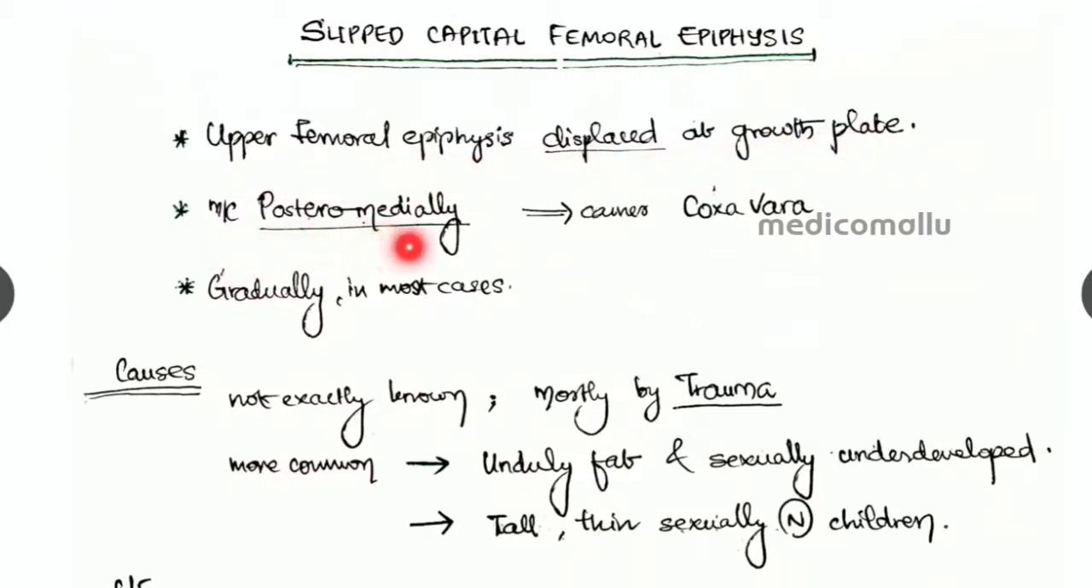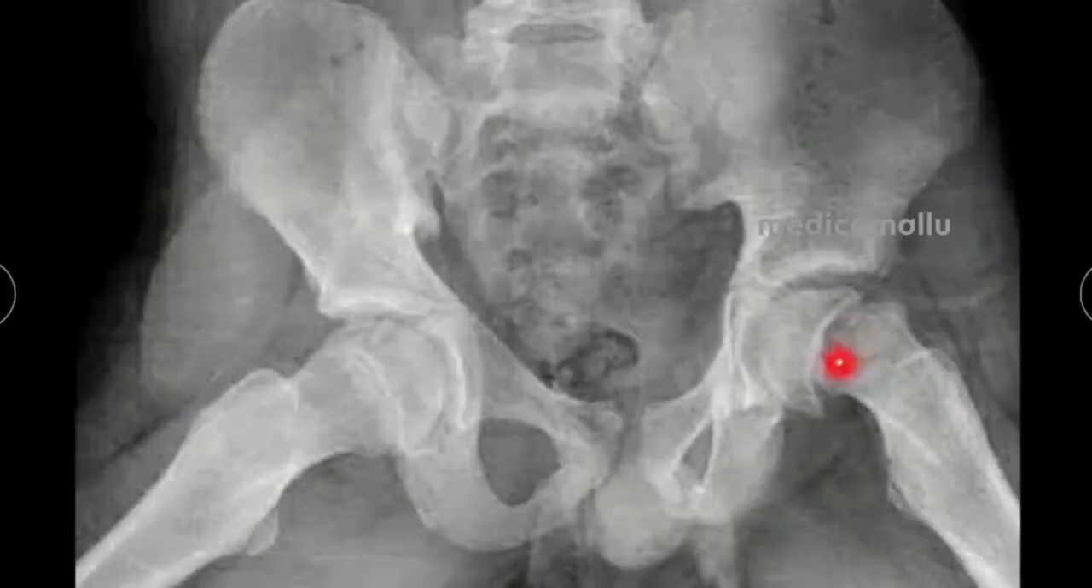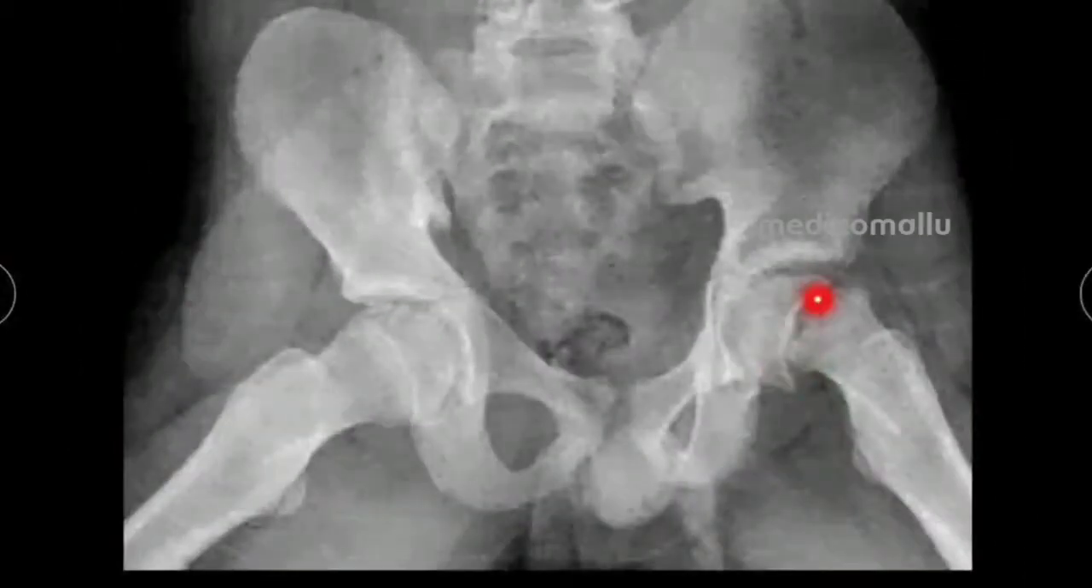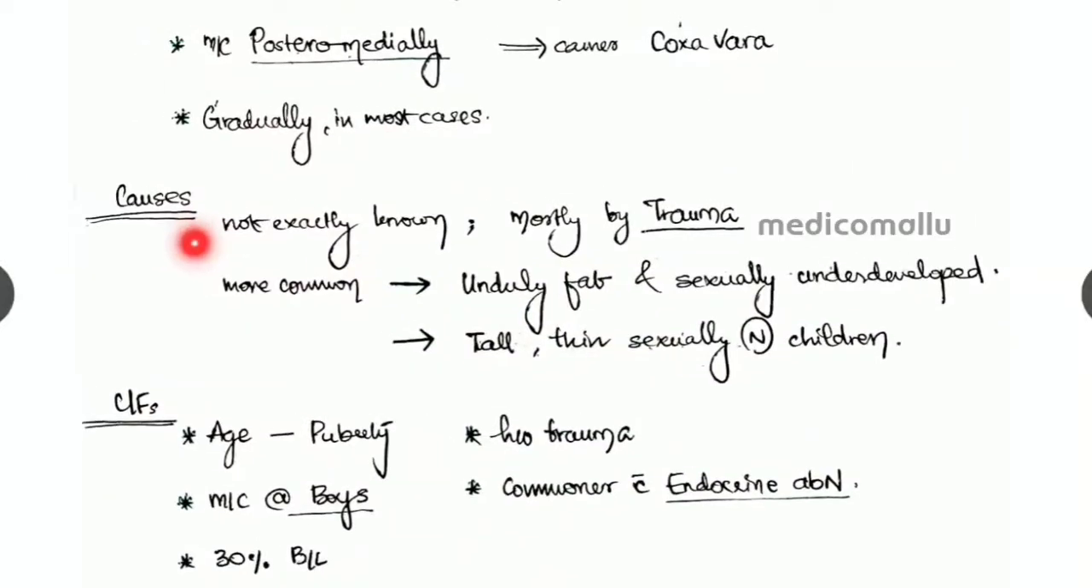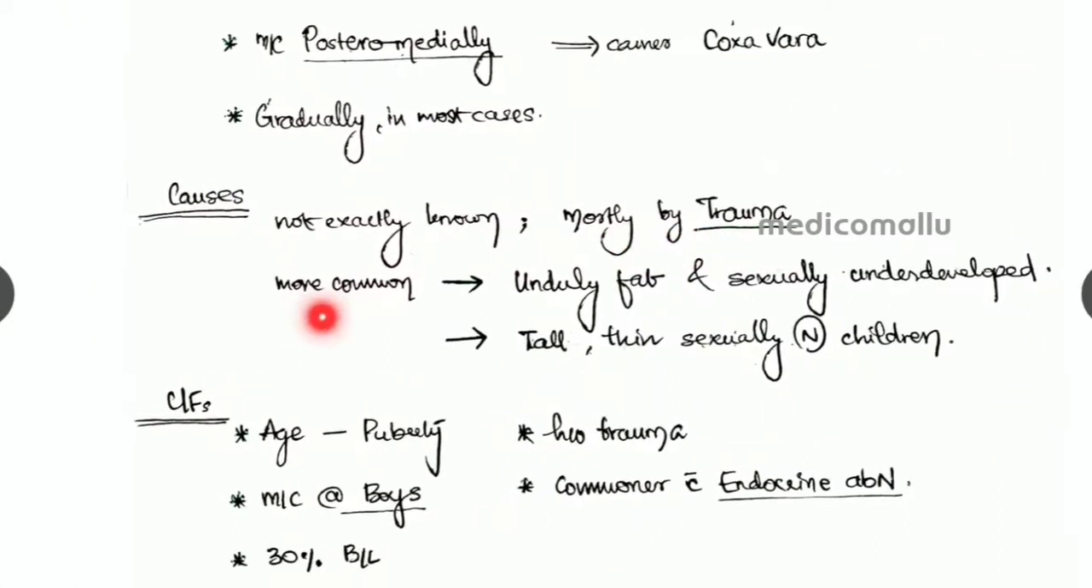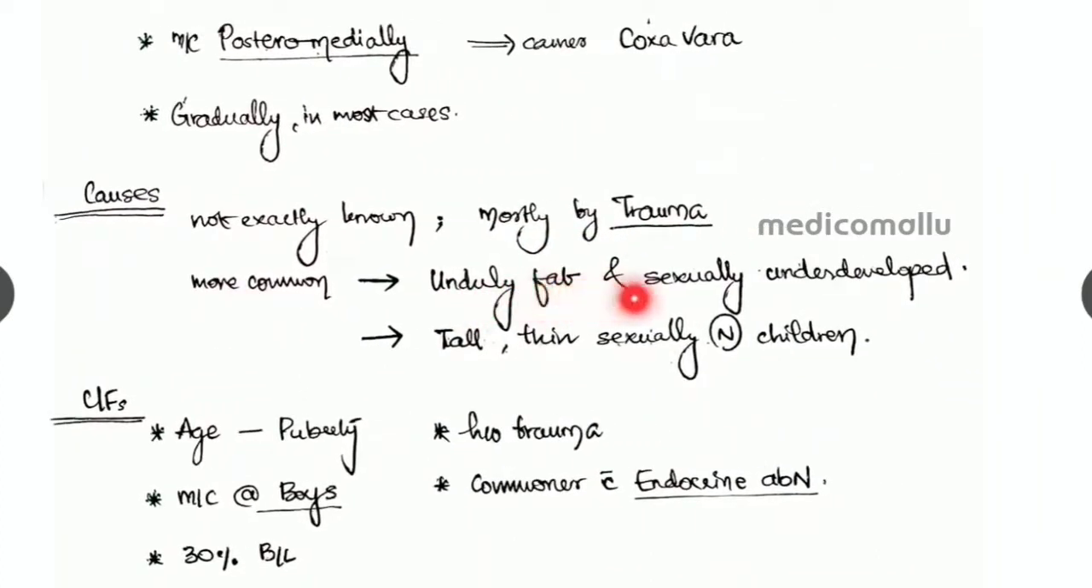Most commonly it is displaced posteriorly and medially, and that causes the coxa vara, and it is gradually seen in most of the cases. See, this is the epiphysis of the femoral head, and that is slipped from the growth plate, and it is mostly posteriorly and medially shifted or displaced. The causes are not exactly known, but mostly by trauma, more commonly in unduly fat and sexually underdeveloped people, and